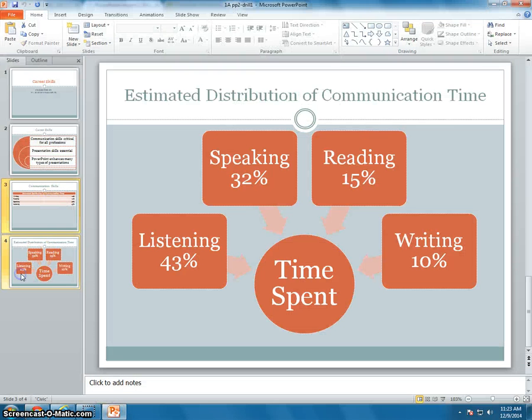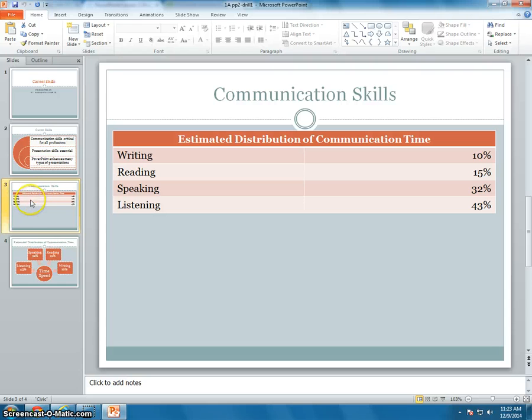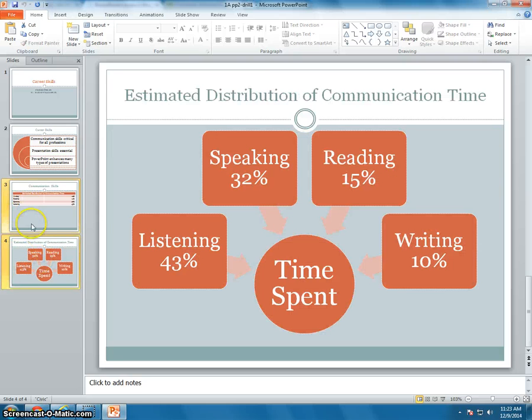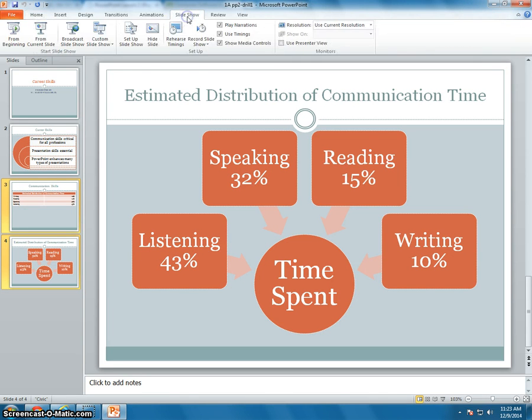If I select both of the slides by clicking slide 3 first, hold down the control key on my keyboard, and click again, notice both are selected. I now use the steps that were in the book. They say go to slide show, set up, and hide slide. Notice these two boxes now have a strike through the numbers and are hidden